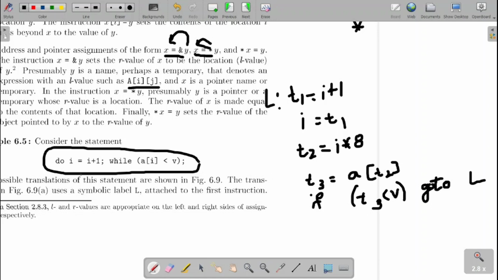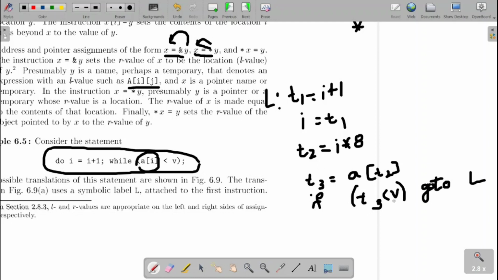Fine. So here the first step is I equal to I plus 1. That is split into 2 steps over there. First I am doing the I plus 1, I will copy to the T1, and that value I will copy to the I. Then I need to get the value of A of I. So the I value is a memory index, you need to remember that one. That I will multiply by 8 since it is in byte addresses. That value at that memory index will be taken and copied to the T3.